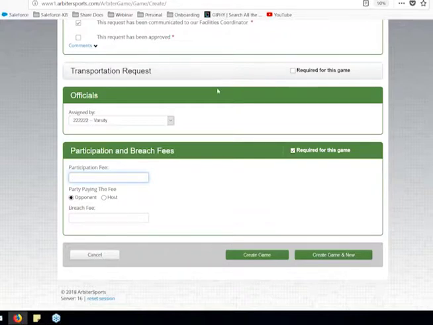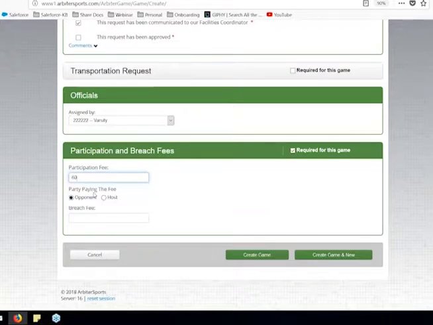All right, so kind of as David was saying, there are a couple of things that we'll be going through today. Of course, the officials, this is a big part of it, making sure you have officials for the game. If you are setting up the game as an away game, it will not let you choose the officiating option. That option is only available for the home teams. So as you're going through this, if you're adding in your away games and you say, hey, I remember on the webinar it said I could pick who's assigning the officials and it doesn't give you that option, just remember you have to be the home team for that. Good. Thank you, Jimmy.